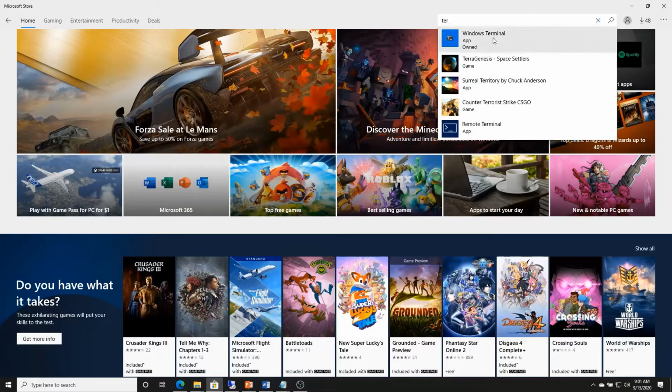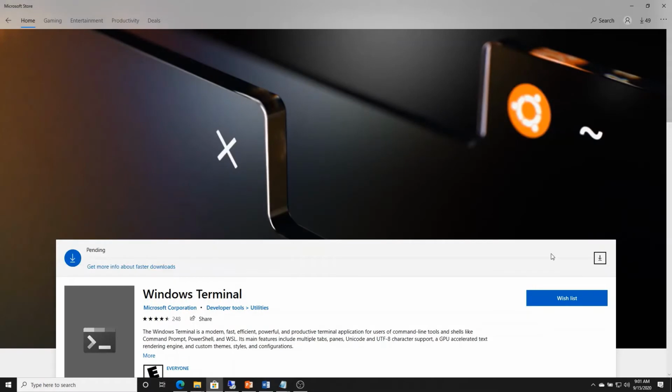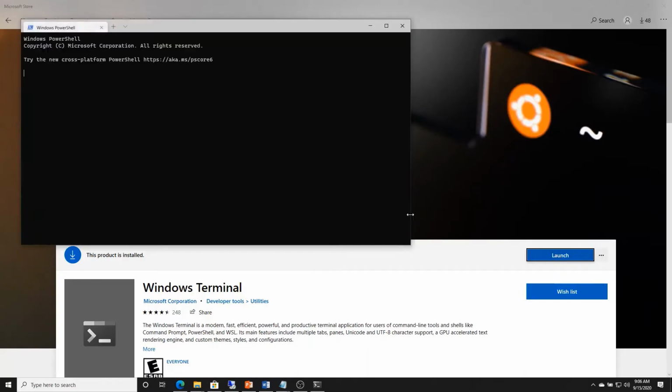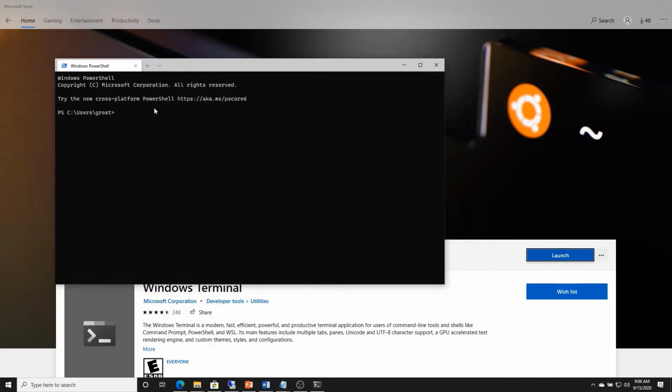And select the first one, Windows Terminal. Click on that and click Install. So Terminal is installed. Now, once you click on Launch, it will start the terminal. As you can see, it looks like any other terminal that you used before, except you will see this down